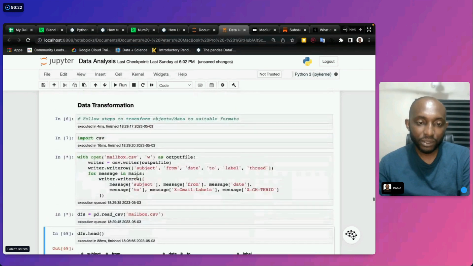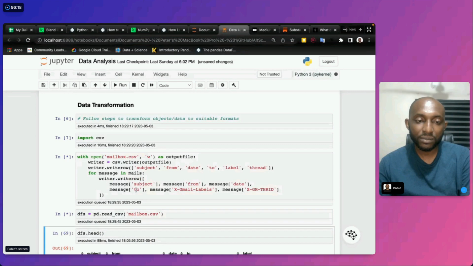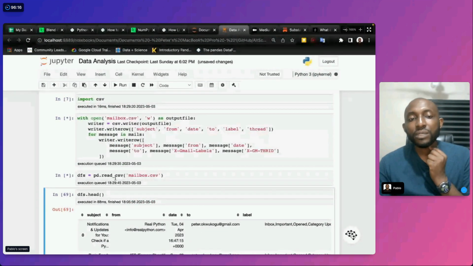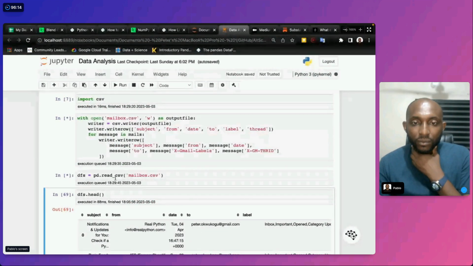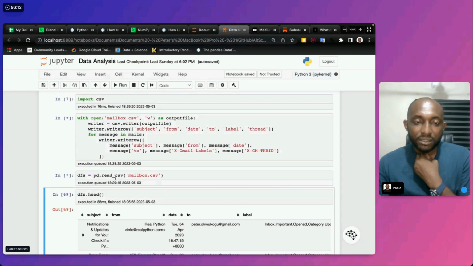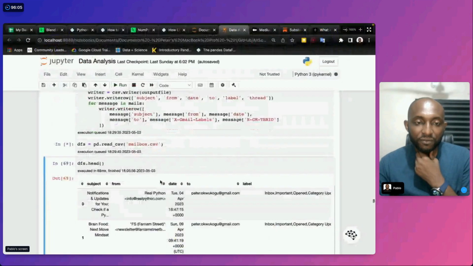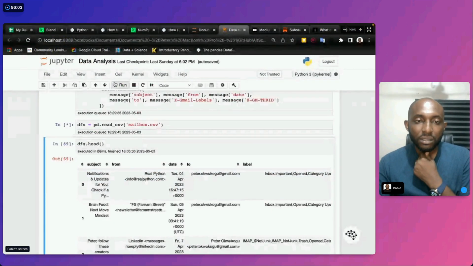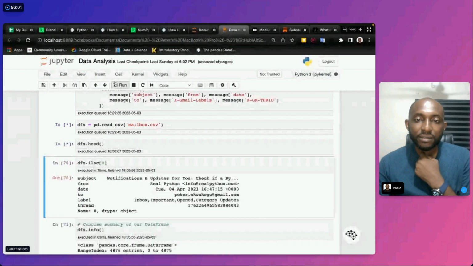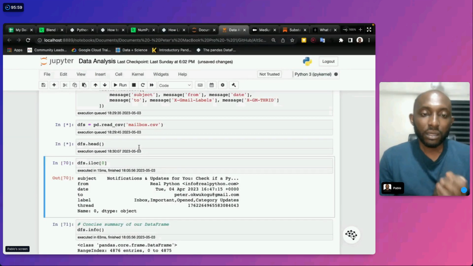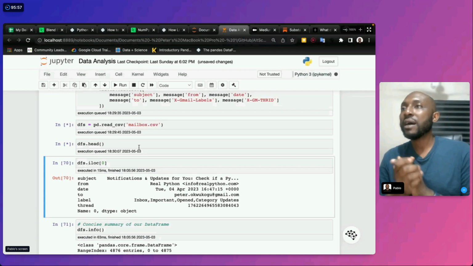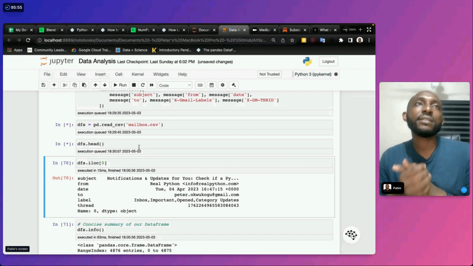We wait for this to complete, and when it does, we read our data set into a data frame. Then we read the first 5 rows to see what the data looks like. Then we'll see our email in its raw state.